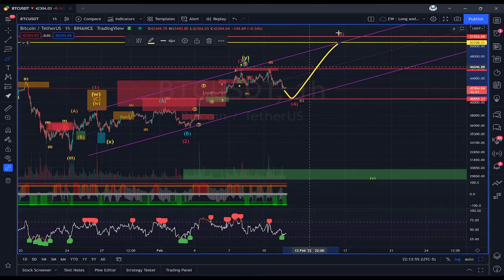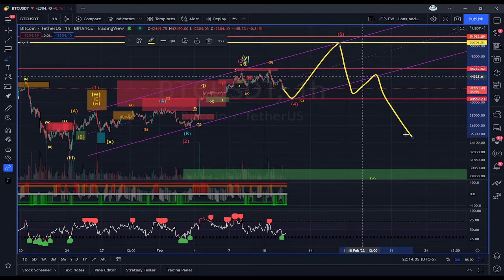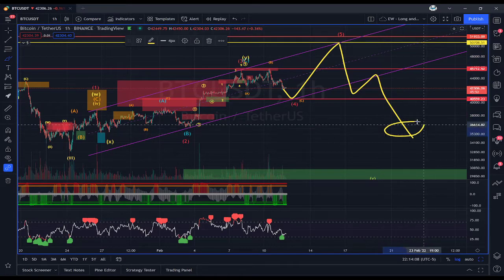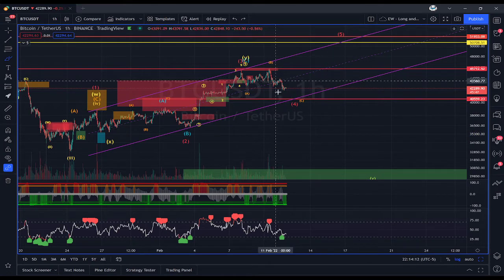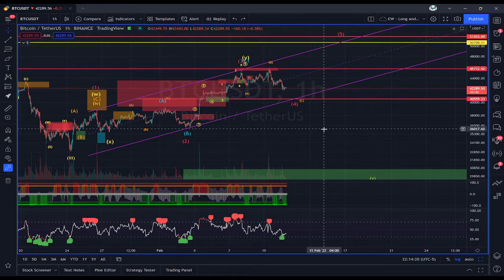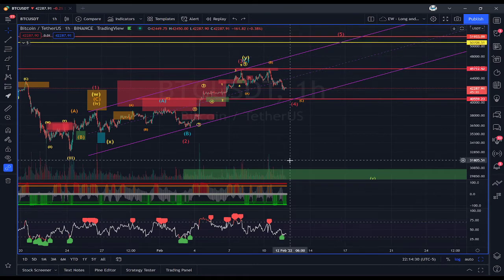If we do in fact see this and we get the higher high here after holding a fourth wave, I'm still not worried about missing out, because we're going to see a correction down, and then I'll get a chance to buy a higher low instead of a lower low, and that's fine with me as well. So that's really the best way to play this. I think there's still just a bit more patience that we need to have in order for this to play out in one way or the other. But I am looking forward to very possibly buying this lower low, and if not, then buying a higher low after we complete 5 waves. But I do need to see that proof first.